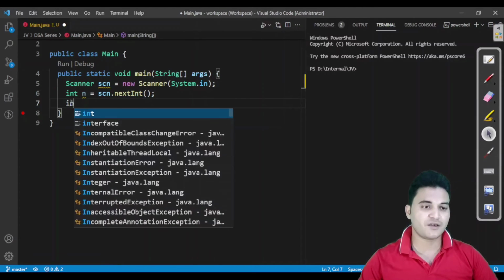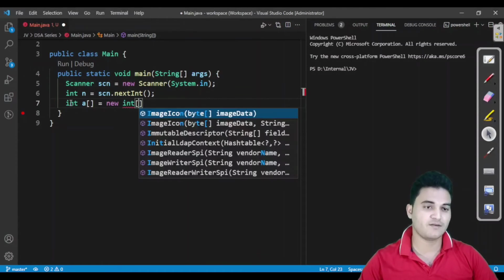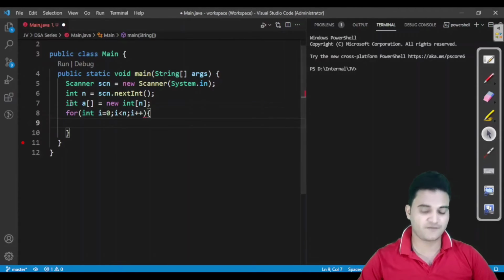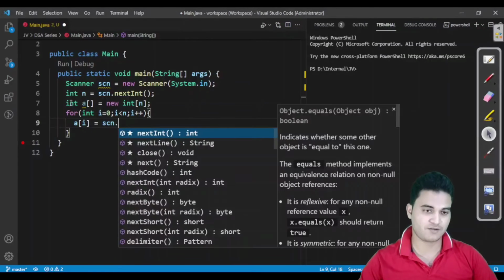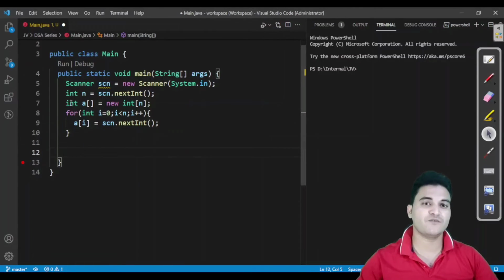Now I will make an array of n size and will take n inputs from the user and assign all the values into the array at index i. So this way we have taken the input from the user.